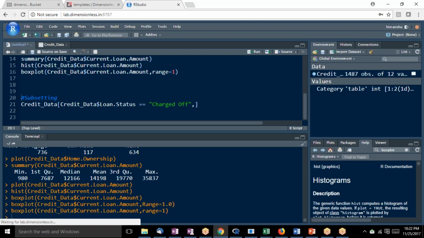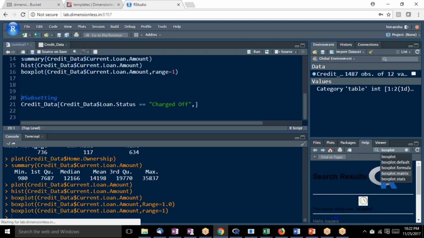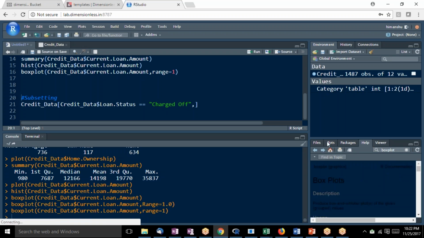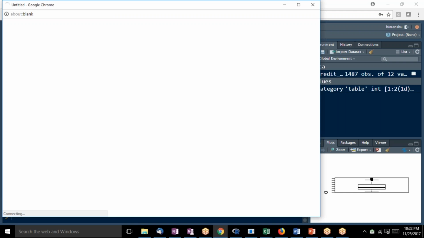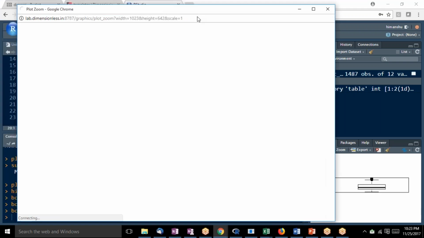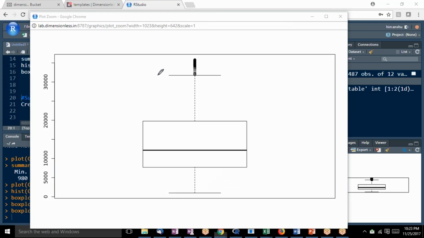Sorry, not sure of the syntax. It was small box plot graphics. Yes, this is what I want. If I go to plots here, yeah, it's fine now. So it's a small r. That is where I had the problem. So you see, these are outliers which have come up. Now it is taking this range to be only 1 IQR, and all these values are my outliers, right? Anything beyond my